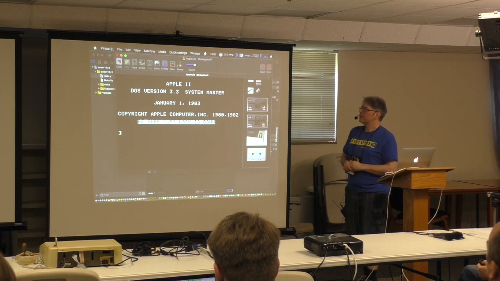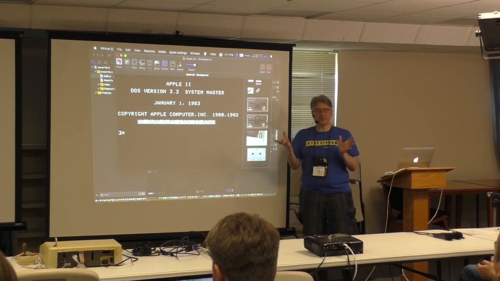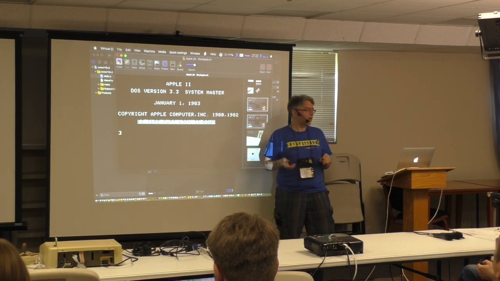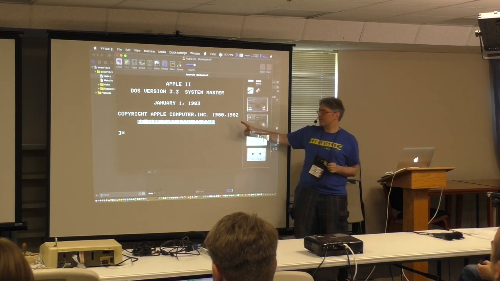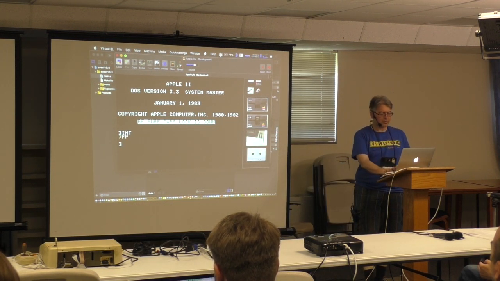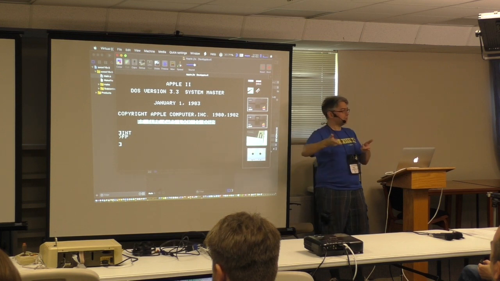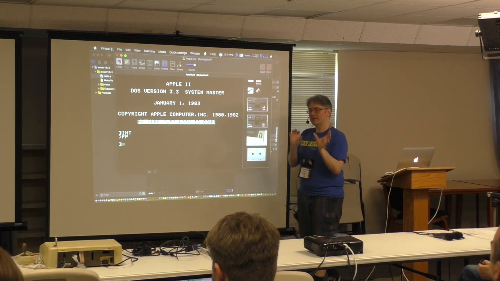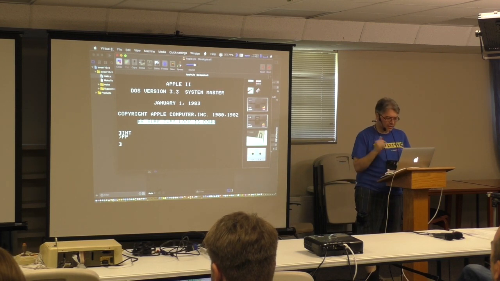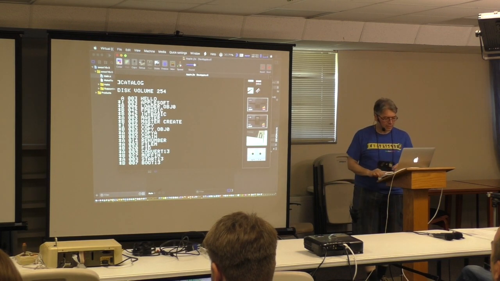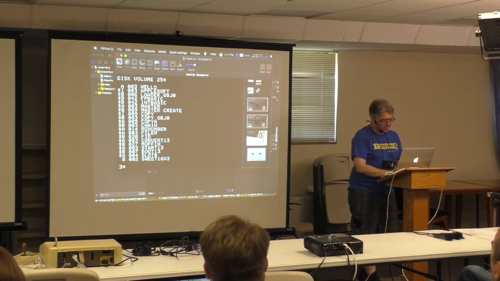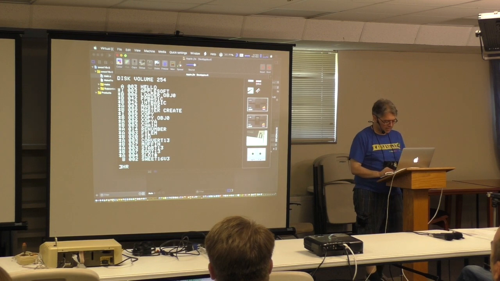Okay, so this is a IIe. It is obvious to me, but it's probably obvious to all of you that it does not have Integer BASIC in it. But the system master does allow for Integer BASIC, right? So if you boot the system master, it loads in Integer BASIC so that we could swap into it. And once we do that, then SWEET16 is available in that space. So that thing that got compiled is here, SWEET16 v3. And so I think if I do something like,